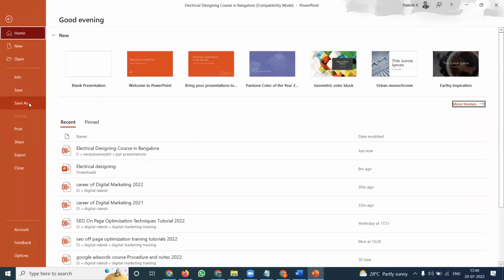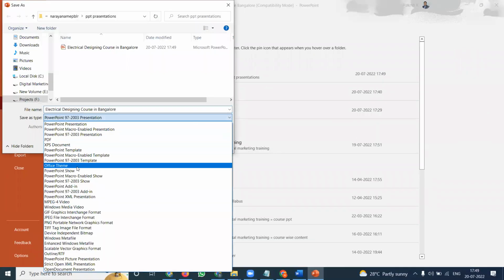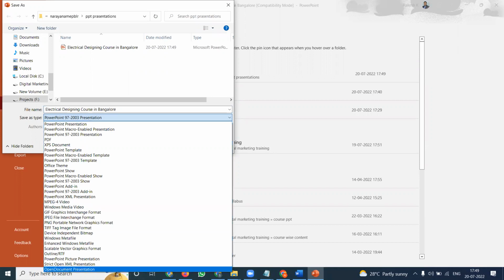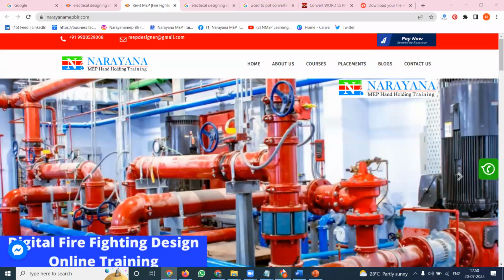Here, select the PPT, save as. There is a converter there. The MPEG-4 video converter is automatically given by Microsoft PPT. Or suppose it is not available in your PPT, simple: go online and select the option called